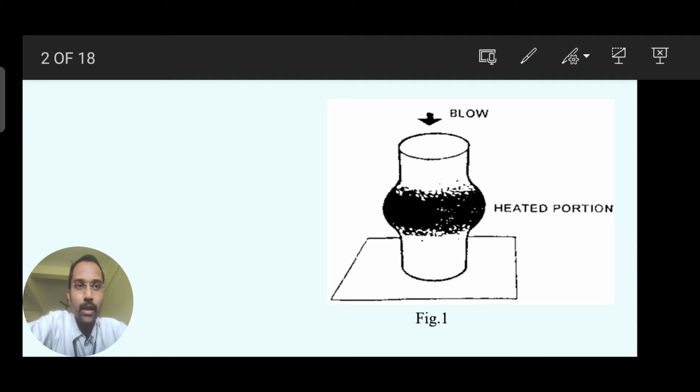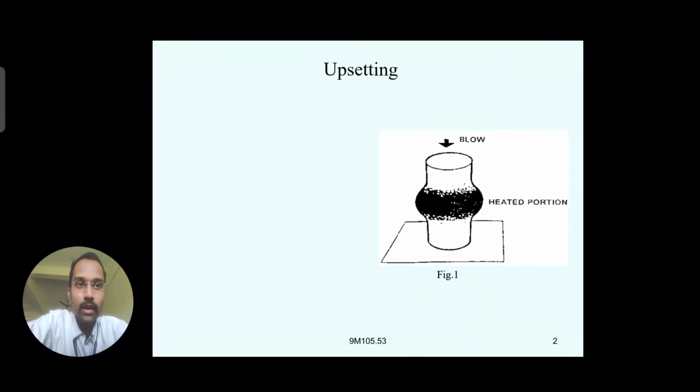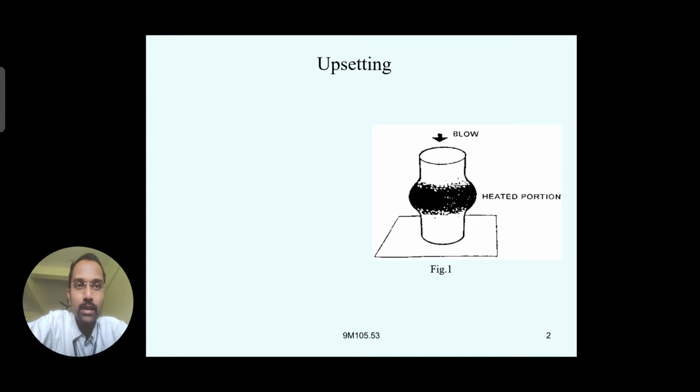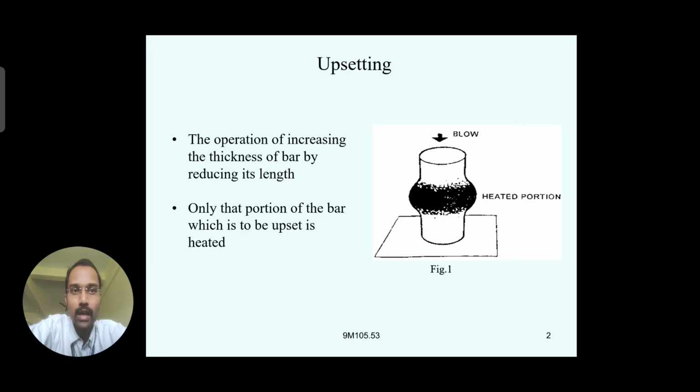The deformation takes place when you apply some compressive force on that material. This process increases the cross sectional area while the length of that part decreases, reducing its length.